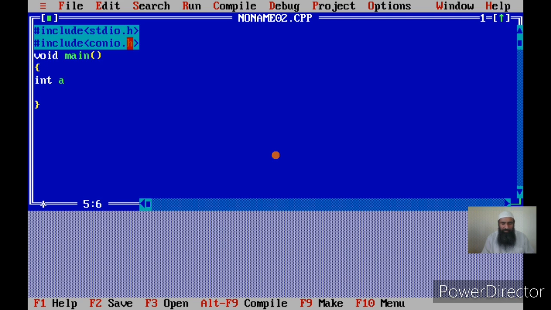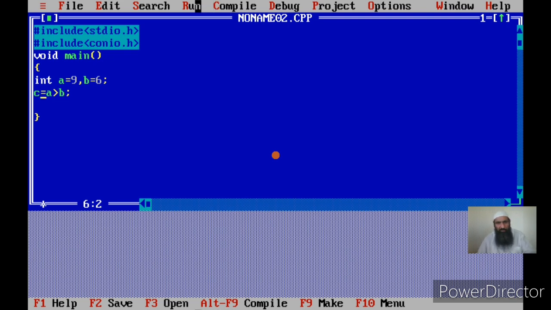Let me declare two variables, a and b. Initialize the value of a to 9 and the value of b to say 6. I can change the values of a and b for later executions so that I make it clear. Now let us see if I write a greater than b. Let us see the result and I will store that result in C. It is possible to write expressions like this. I can say C is equal to a greater than b, and I know the value of a is 9 and the value of b is 6. So let us see the result that will be stored in C.